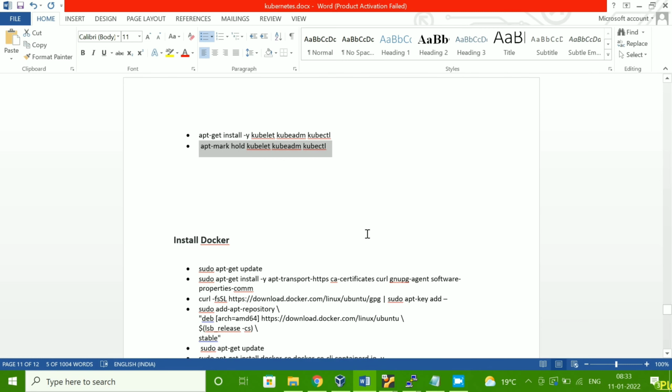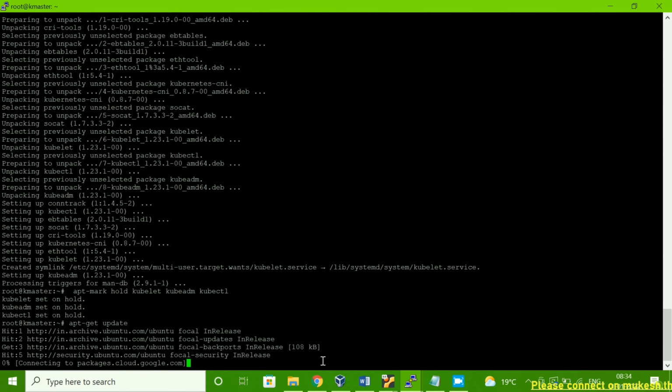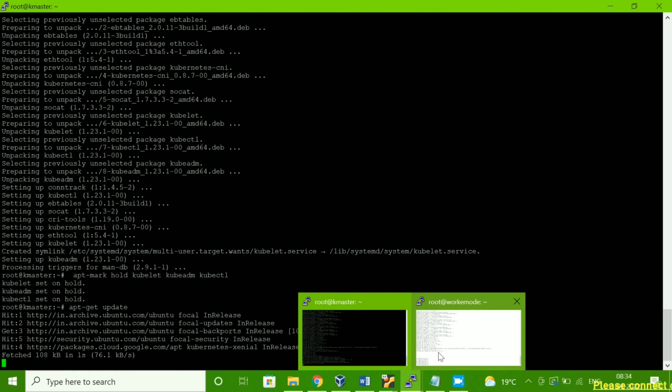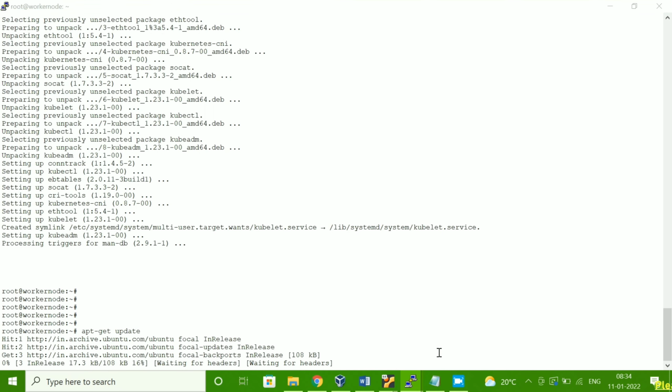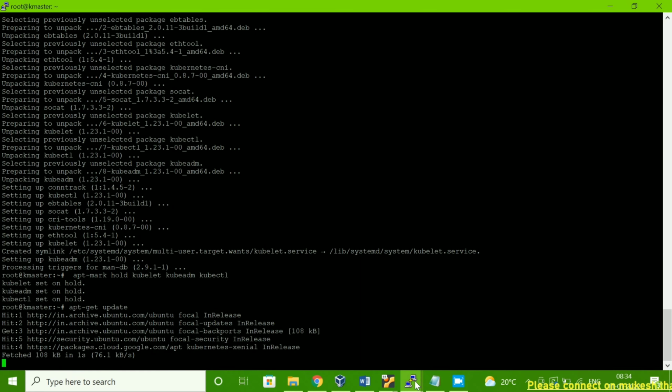Now we have to start the installation of Docker. So we have to run the apt update command again on both the machines. And then I have to install this package.